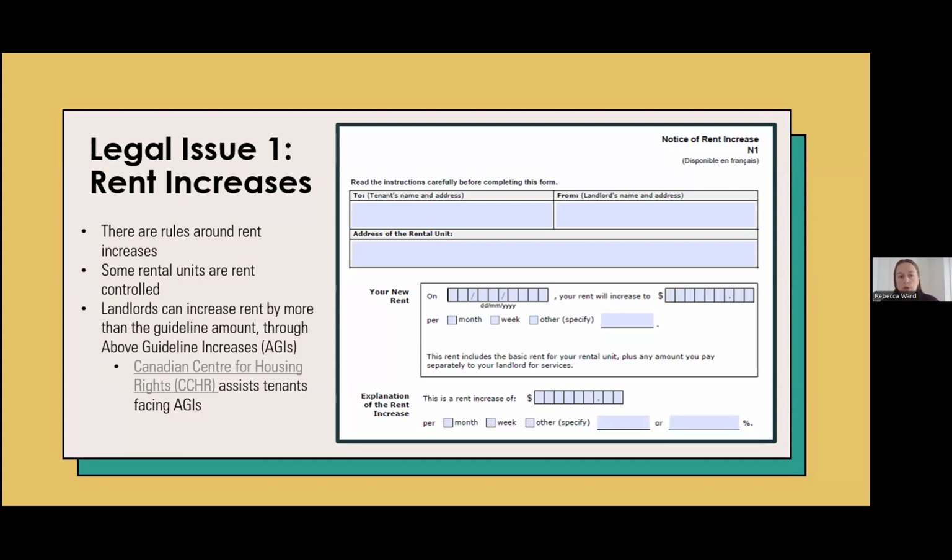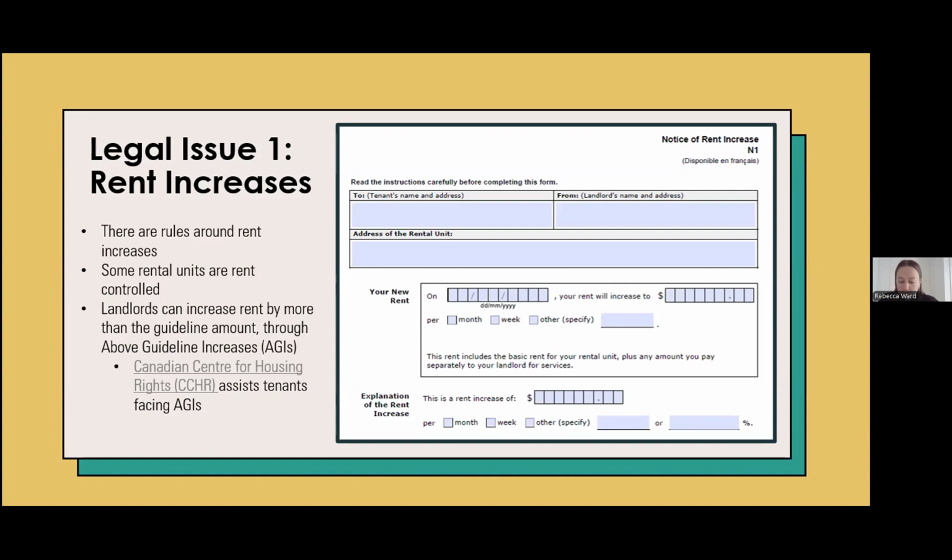And for rental units which are covered by rent control, which is the majority of rental units, although there still are many that are not, the landlord can only increase the rent by the percentage that the government has set out for that year. Every year, the province of Ontario says, okay, landlords, you can charge this much percent. For 2025, it was 2.5%. For 2026, we know it's going to be 2.1%. And in most circumstances, they are not allowed to increase rent by more than that. However,